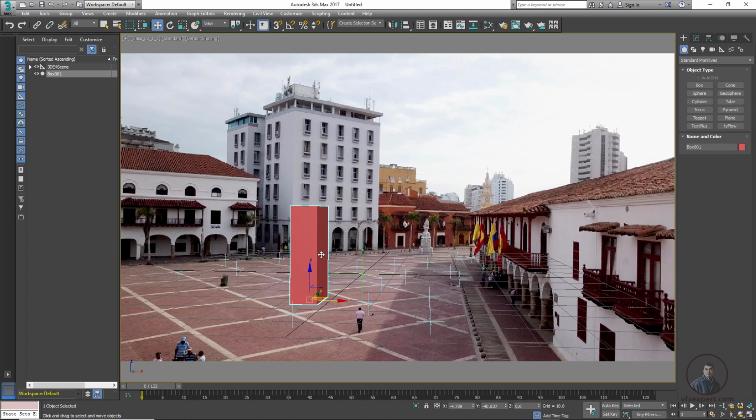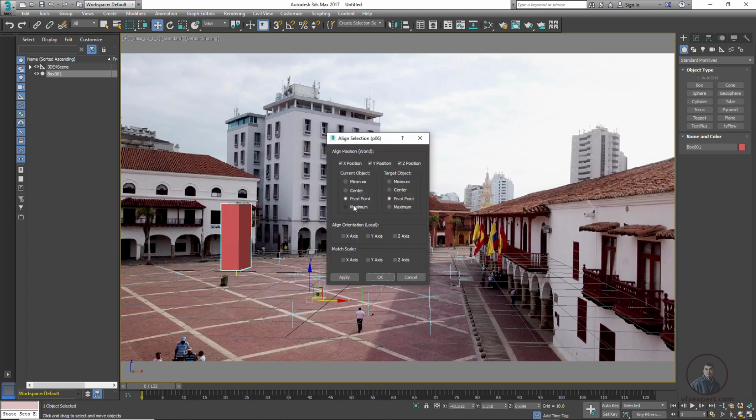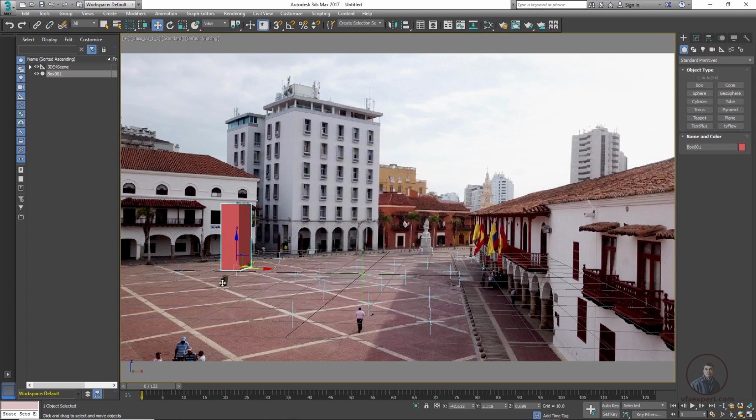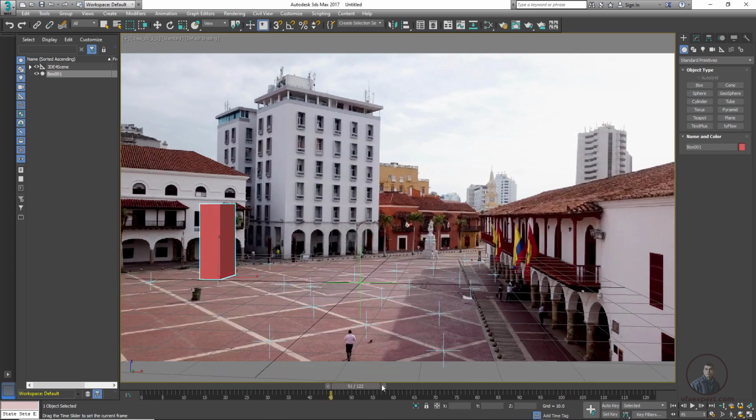Now after this, suppose you want to place this geometry on a particular locator or a particular position here, then simply select your geometry. Then you can take this align tool and select points or locator area. So maybe here, then you can pick. Now it will automatically move. Then click on this pivot point and these XYZ positions here. Now press OK. So now here you can see. So simply you can check.